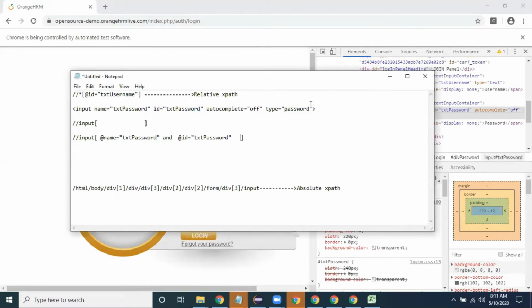that means that web element is identified uniquely on the web page. So if you want to add more object properties, you can add them like this, just by writing the AND operator like this.